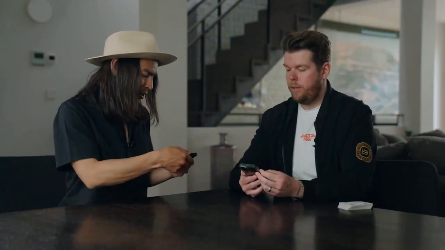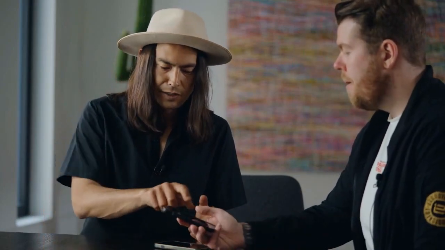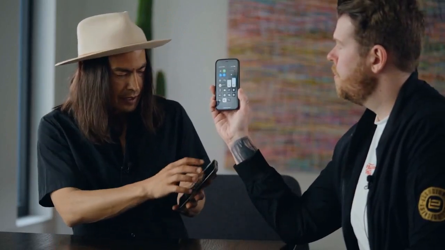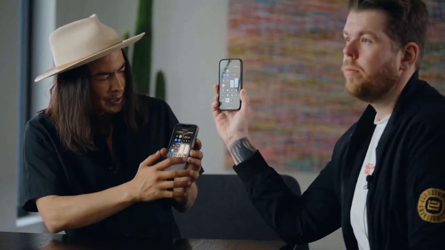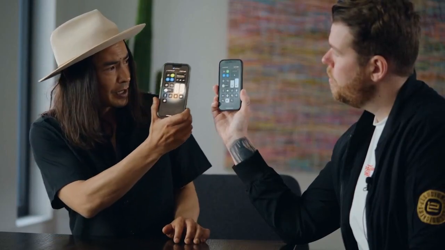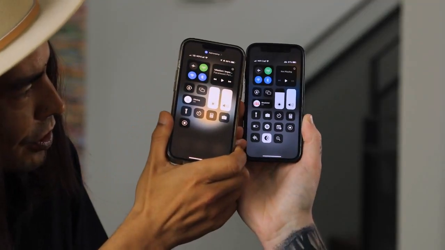Okay, so let's have a look at a full performance of this routine. Can I give you my phone so you can check whatever you like? You can close all the apps. There is nothing open actually. Yeah, so if you just open the control center and hold like this, I will take your phone and I will hold the control center like this, and as soon as I check,